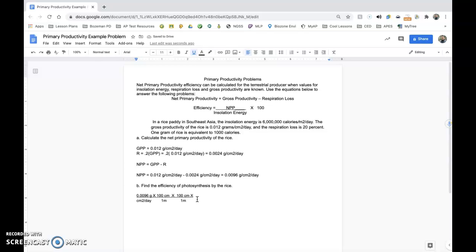Okay, and then I've gotten rid of that, and now I need to convert my grams into calories. I am told that 1,000 calories is equal to 1 gram. And once you do that, then you get to work with your insulation energy, which is for every meter squared, you get 6 million, hypothetically, calories. Obviously, you're not getting all of those, and we're actually dividing that mass. And this equals